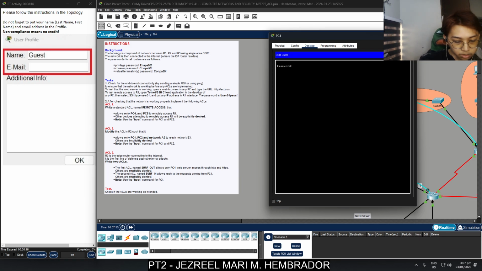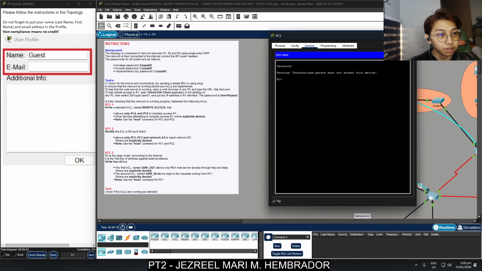So for the password, user01pass exclamation. As you can see, I am able to log in successfully. This represents a security risk, as unauthorized users from network A should not have administrative access to the router.